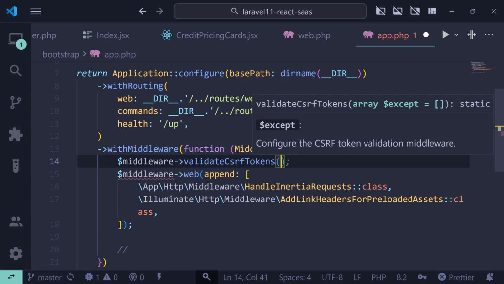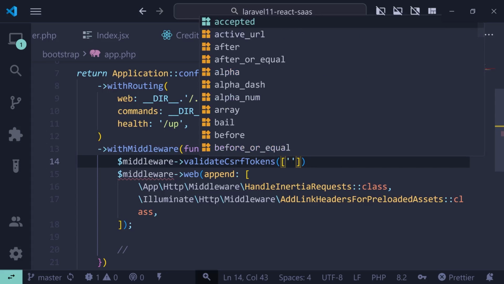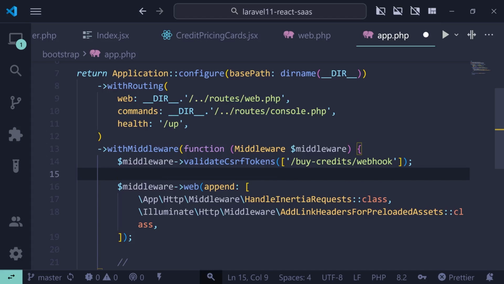So it's fine. The validateCsrfTokens accepts an array, and that's going to be except routes, and that's going to be buy-credits/webhook. So the CSRF validation should not happen on that route. Okay, once I save this,